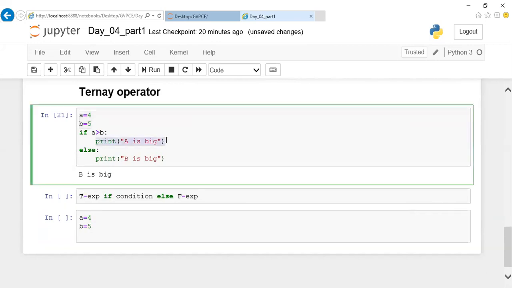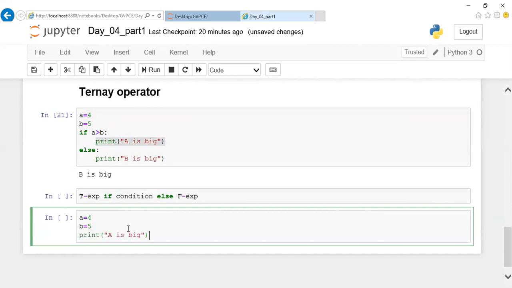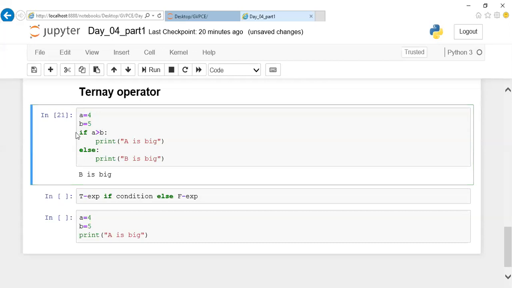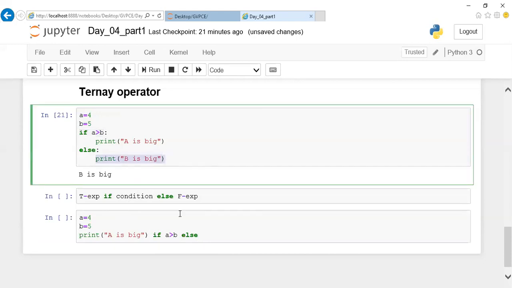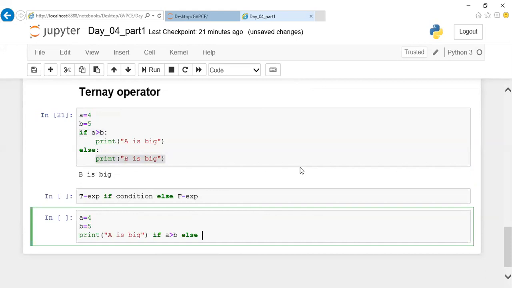I'm going to check this condition. If A is greater than B, and this condition is true, I'll go ahead with this print operation. Else, I'll have the other statement here. The same program, a different way of writing.